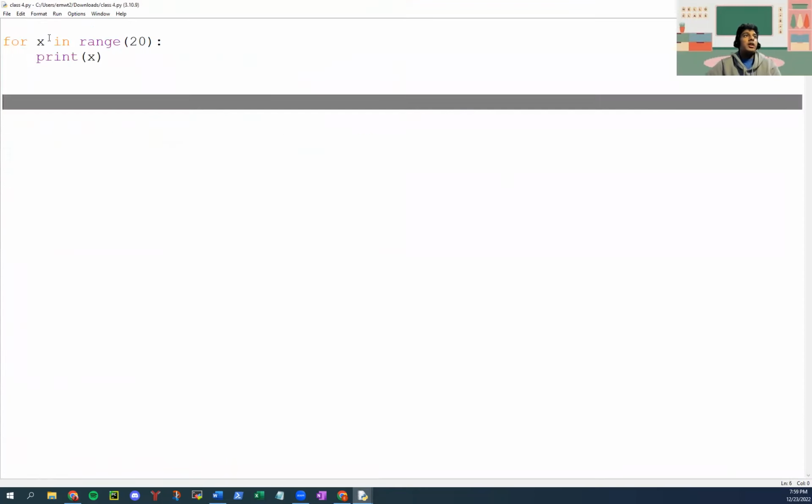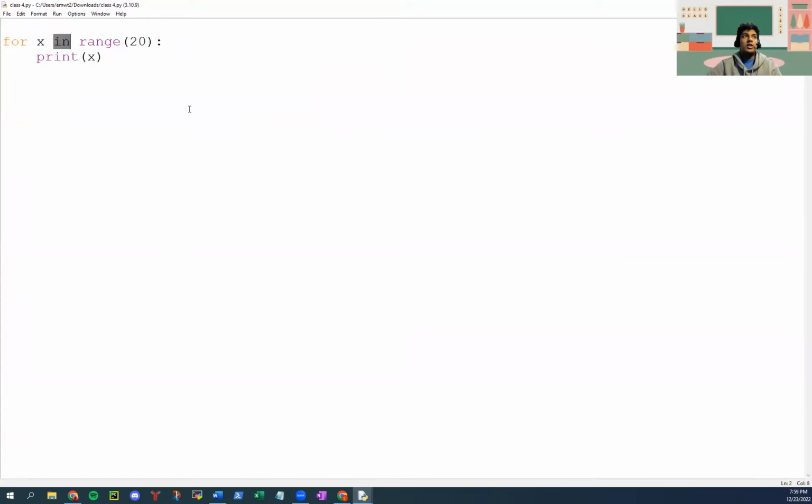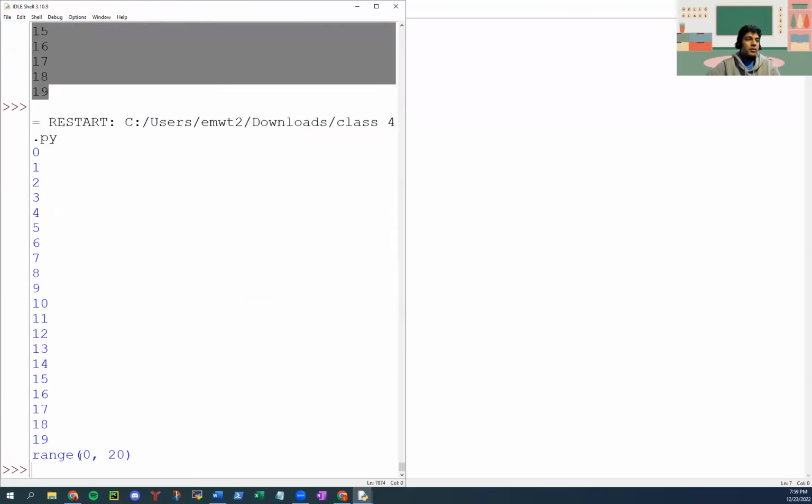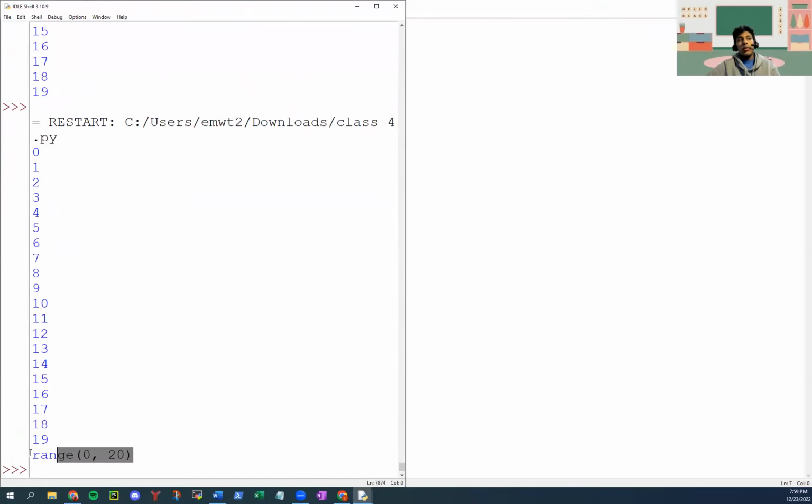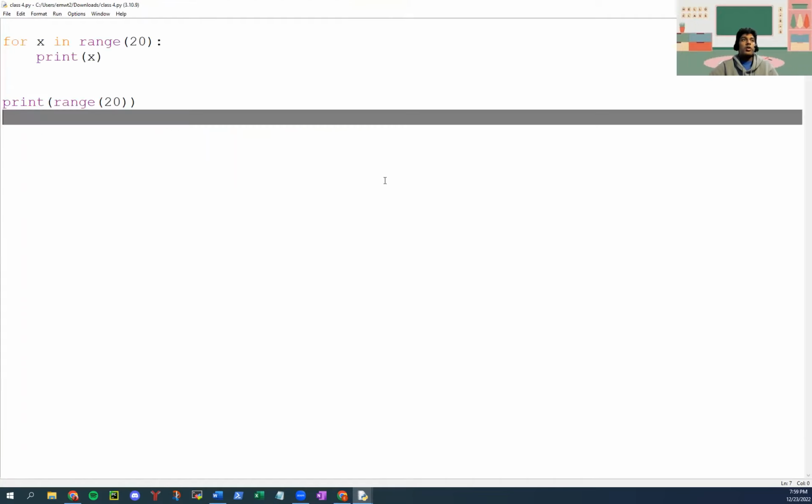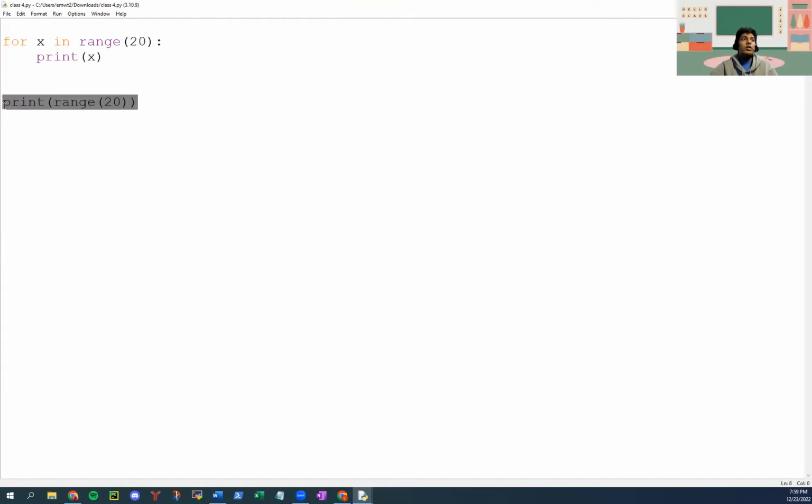We're using the range function here, right? Just to demonstrate, if we print out range 20, you'll be able to see that effectively range 20 is like a list from 0 to 19. So basically in a for loop,